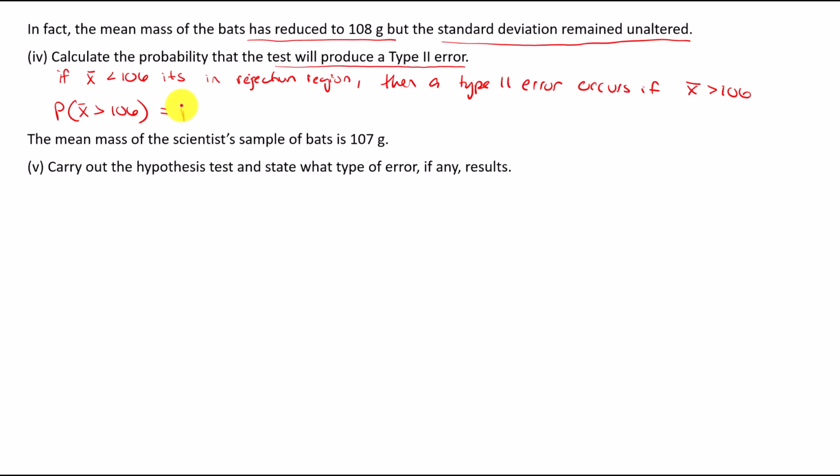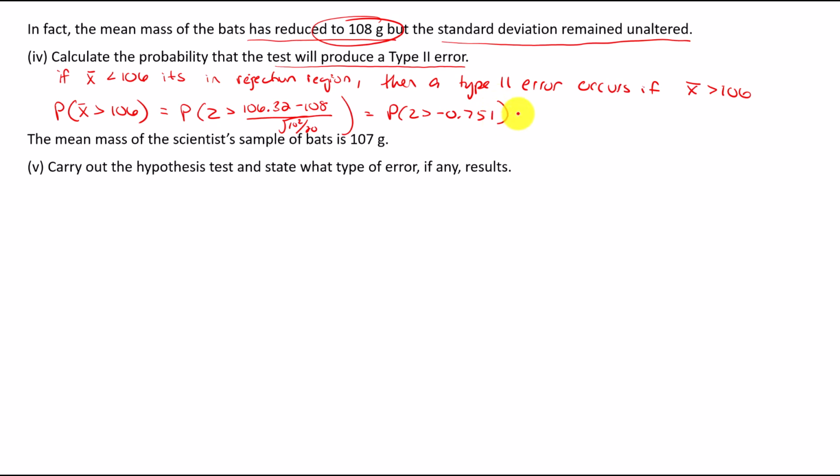We want to standardize this, so we want to find the probability that z is greater than, and we're going to do the 106.32. We're going to use the whole value minus 108 over, and 108 comes from this. That's our actual mean now, the mean that we know to be true, divided by, again, the standard deviation, which, remember, I know I'm running out of room here, was 10 squared over 20. Okay, so when we do that, we get the probability that z is greater than negative